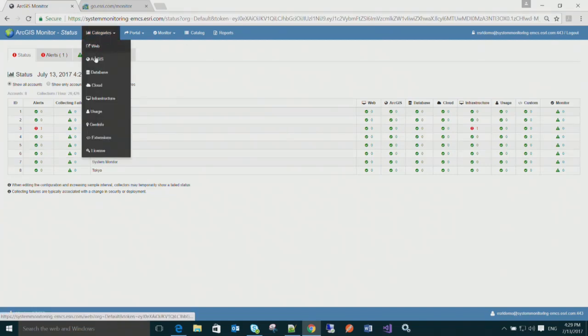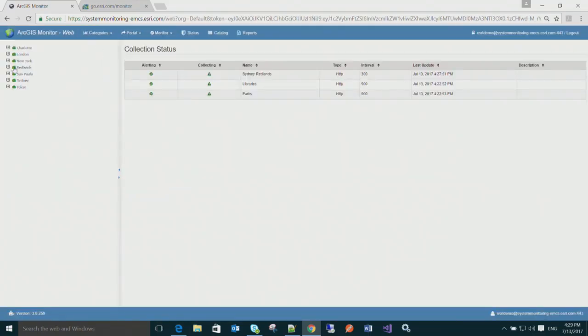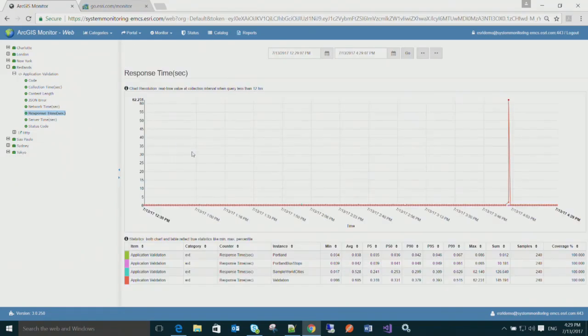So if we browse these categories again, you can see that there's a great deal of items that you can set up. The web category is one of the popular items because it guards your system, because everyone enters your system through the web, and it goes through ArcGIS, it goes through a web adapter, it goes through a database. And so what better way to check to see if your system is up than by taking a few selective web calls. So here is an example of some web calls put together that is called application validation, that is making an attempt to monitor